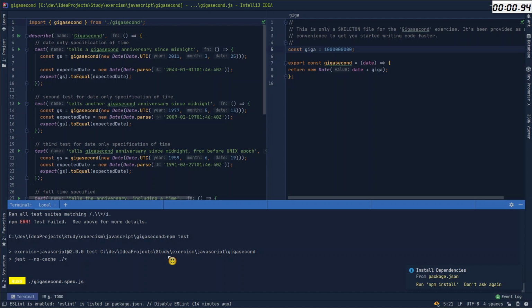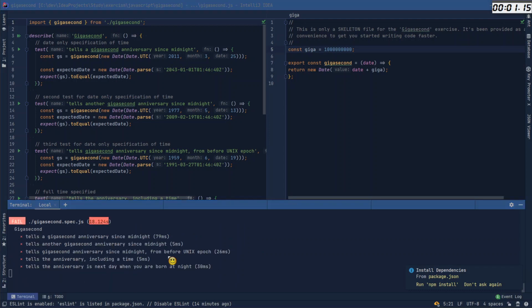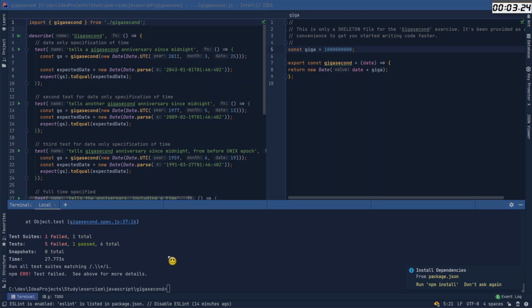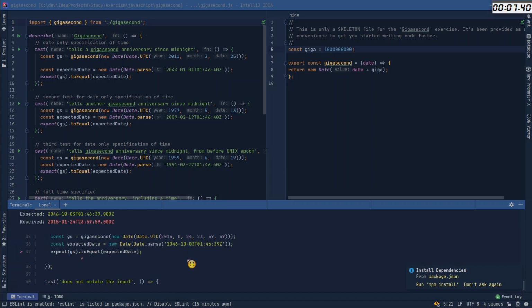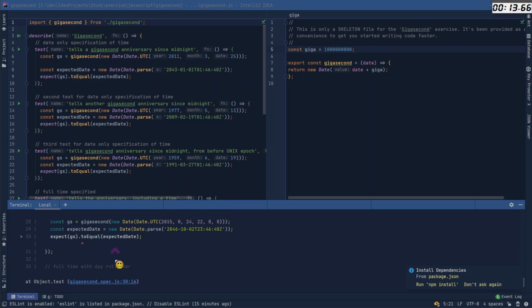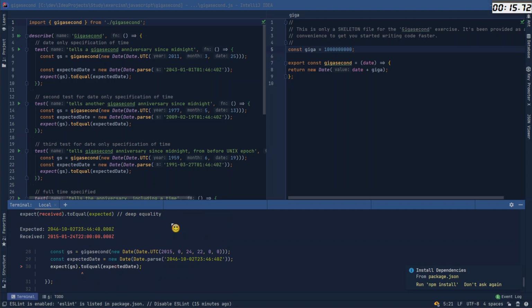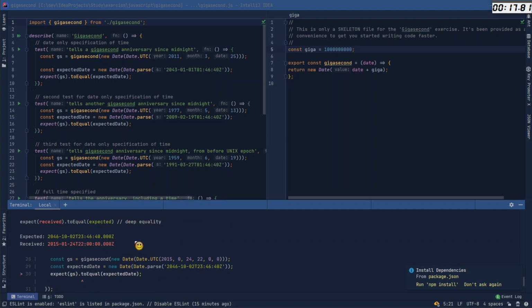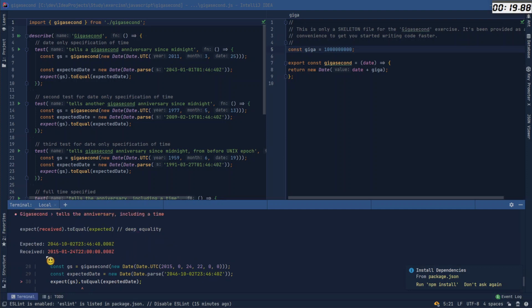This takes awfully a lot of time. Okay, now we have some error, but we have something to equal. Expected this, received something else, and we are over the time.